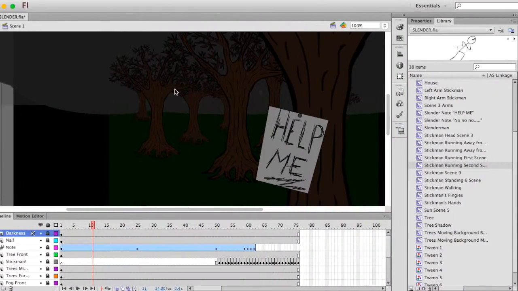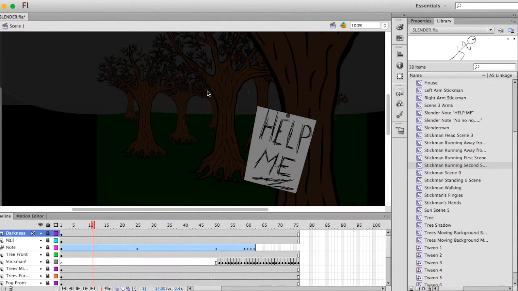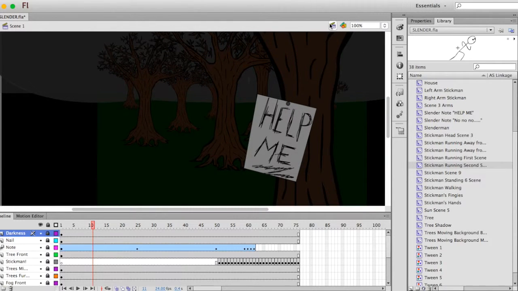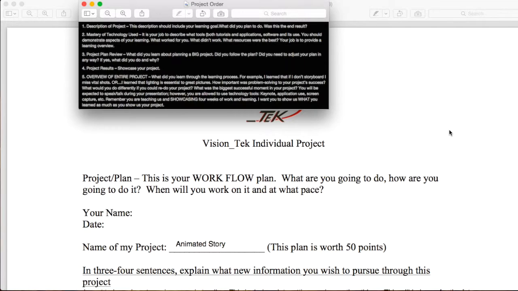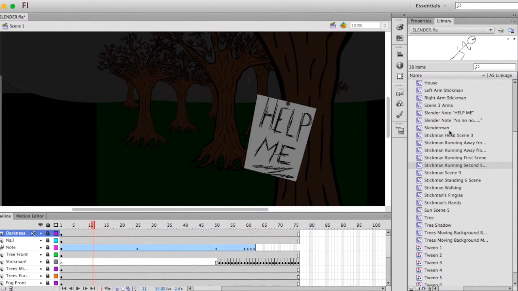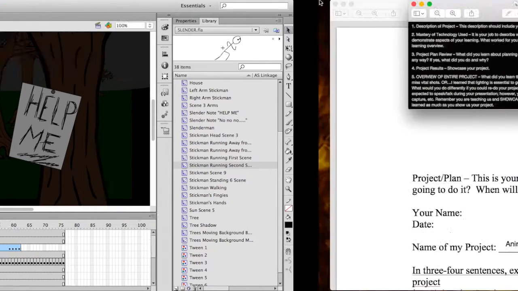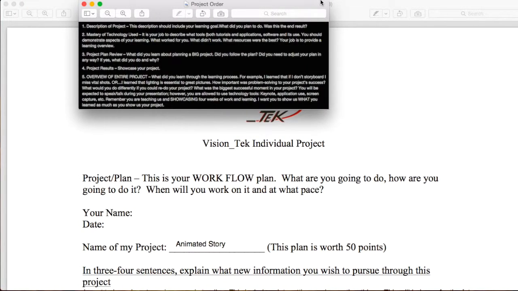If I could redo my project, I would probably spend more time out of school, because every time you always find something you want to do better. I'd also try to add a good character, an actual animated character, no stick man, so it looks better and more appealing to the eye. And maybe a longer storyline, because it's only 40-some seconds, and I was hoping for around a minute. It kind of cut off short. Alright, so